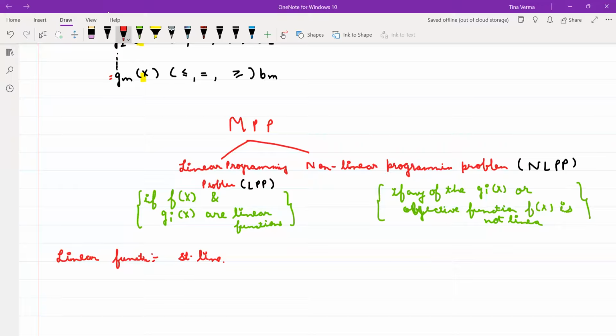From the starting, we are studying linear. Even in your 10th standard, you made graphs of 2x plus 3y, and took the intersection point with 5x plus 7y. You take those lines, you are talking about linear functions. You have done so much calculus, integral equations. I am asking about linear function. Mod of x is linear.